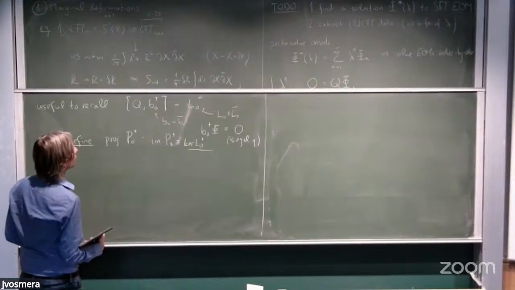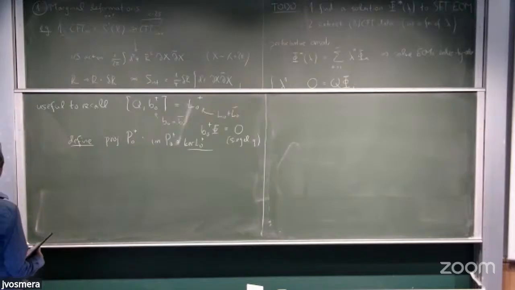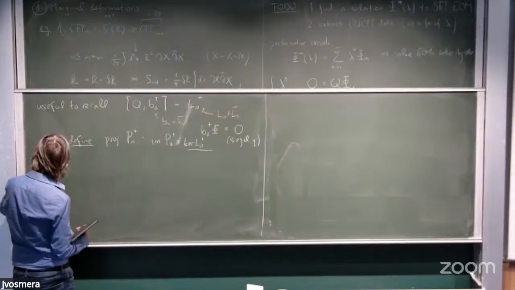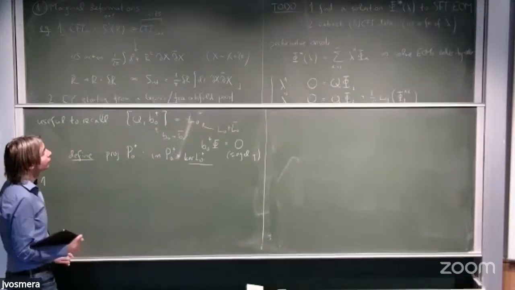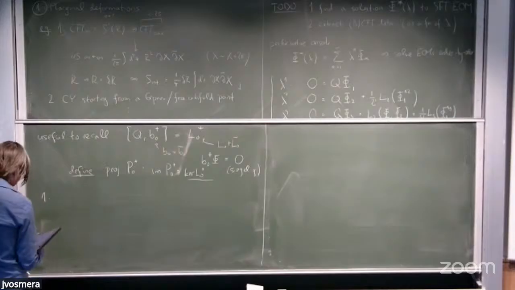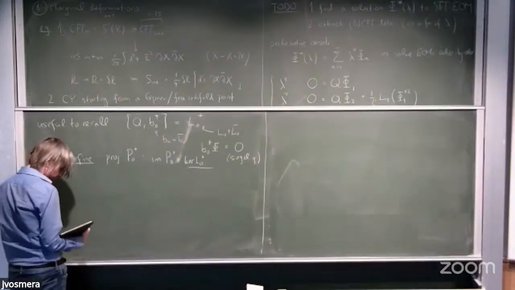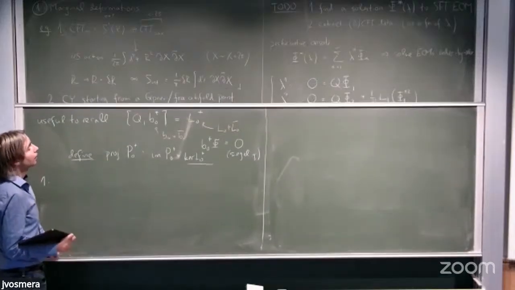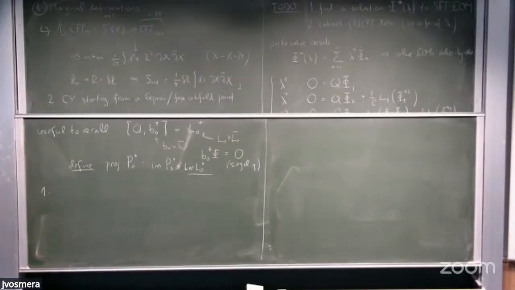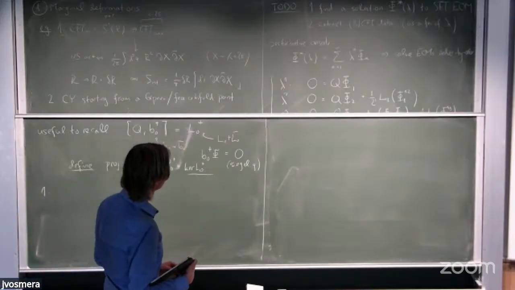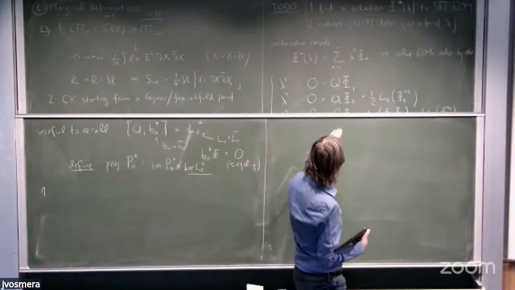So now, given these facts, let me go order by order and try to solve this. So these are the conditions for the marginal deformation to exist. We see that at order lambda to the 1, we are just obtaining the statement that this leading part of the solution